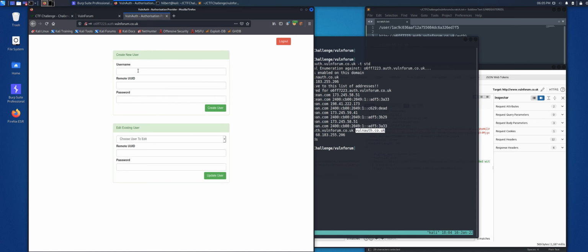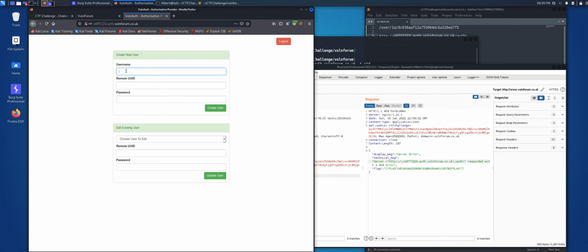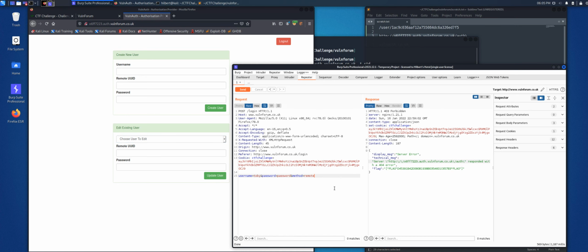So now it looks like we can create users that we can then use to log in to the VulnForum. So let's do one, and then we'll create that user and then see if we can log in with it. So then, yeah, let's see if we can log in now as